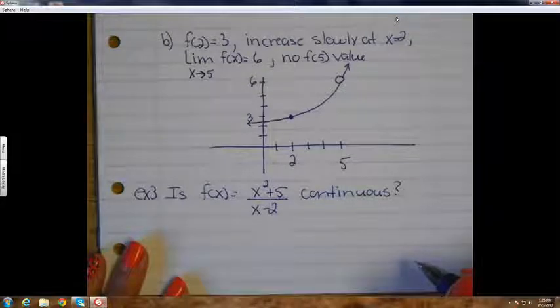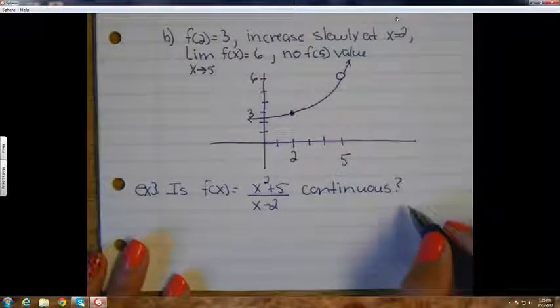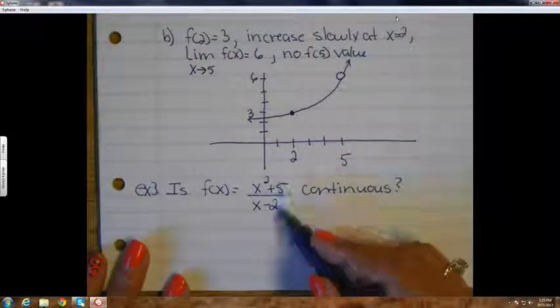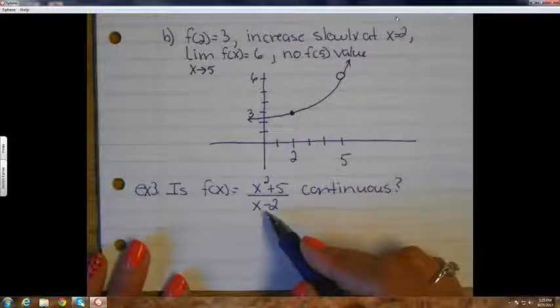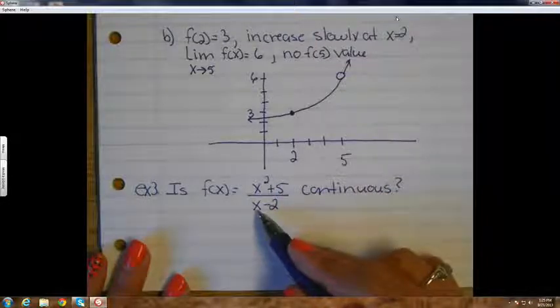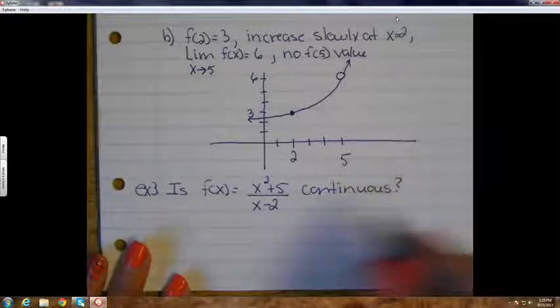And if you answer no here, can you tell me where? So first of all, is this continuous? Well, all you're looking for in a fraction is, is there any place where the denominator is going to be undefined? Well, yeah. If the denominator is 0, you've got a problem. So that happens when x is 2. So it's discontinuous